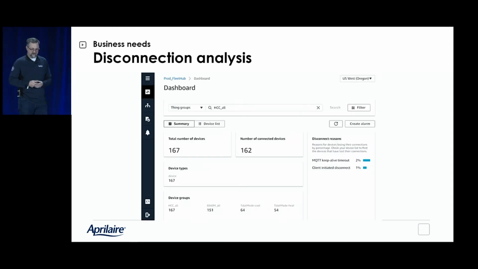So we set up, with just a couple of clicks, our own Fleet Hub application, and we immediately started to see this data coming out, how many devices were connected in our groups, and even the nature of our disconnections, whether they be server side or device side. Getting some of those insights was really quite easy and very valuable.